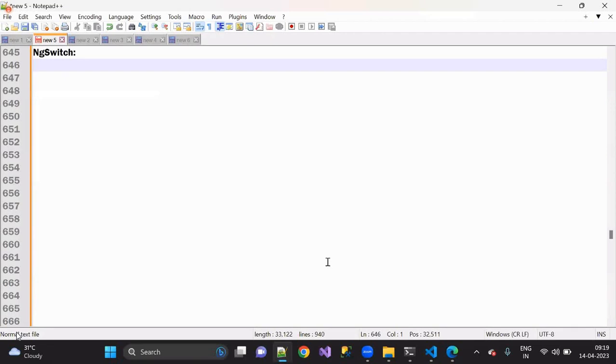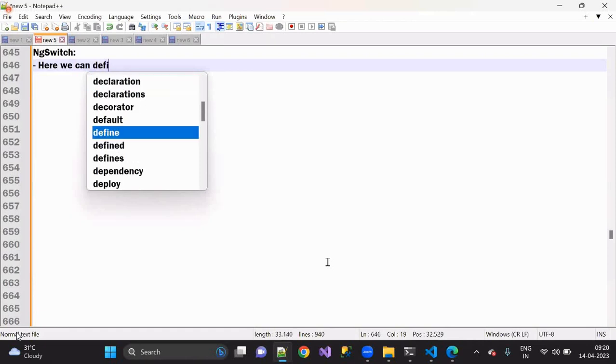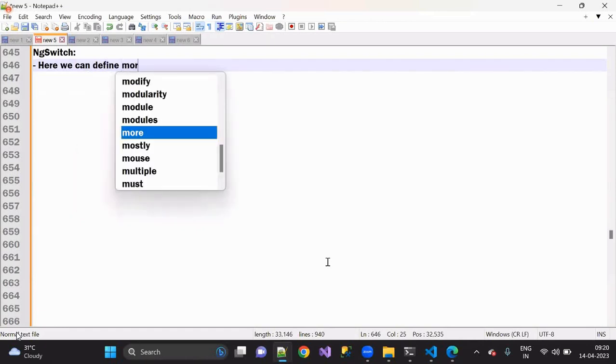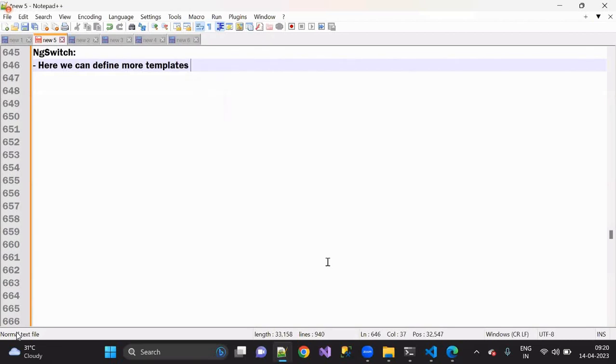I hope you know that in your regular Java or C#.NET program, we used if condition and if else. And if we have more conditions, then we always prefer to go with the switch case. Here also, ngSwitch is exactly similar to the switch. That means here we can define more templates in the user interface, and also